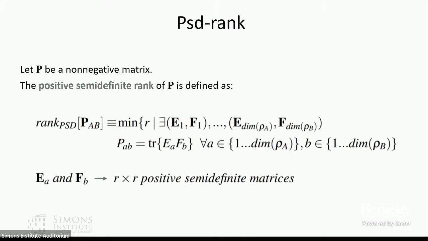Okay, so to answer this question, I need to introduce one last definition, and this is a positive semi-definite rank of a non-negative matrix. Again, what we are interested in doing is we have some matrix and we want to make some particular decomposition. And a PSD rank is basically minimizing R, where R corresponds to the dimension of these matrices. I don't think it has as nice of an interpretation as a non-negative rank, but we just need it as